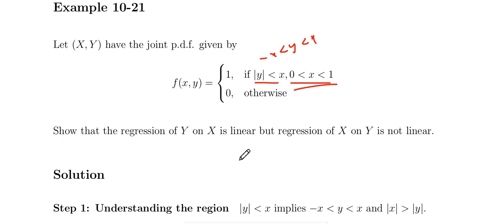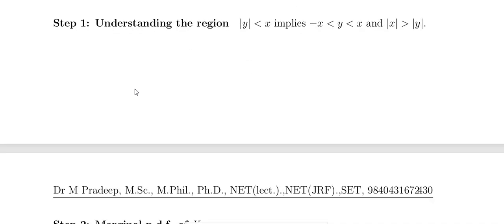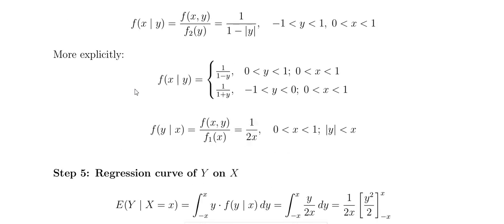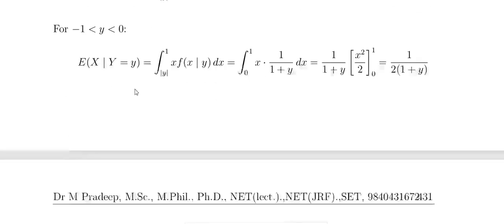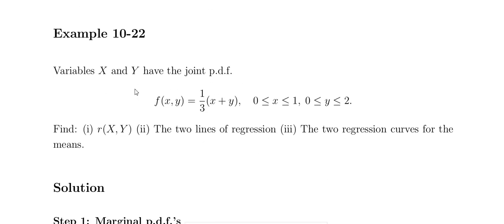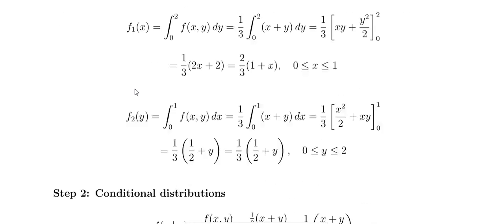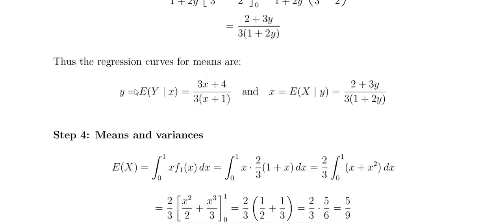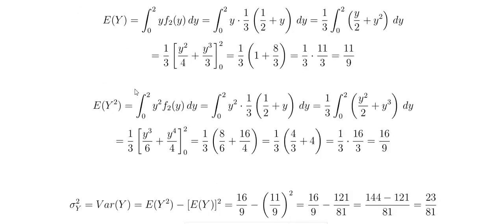Your regression equation of y on x is linear, but the regression equation of x on y is not linear. This is a very simple function, because the function is just 1. Same way for this. These are very lengthy problems, but in the syllabus, the regression analysis,